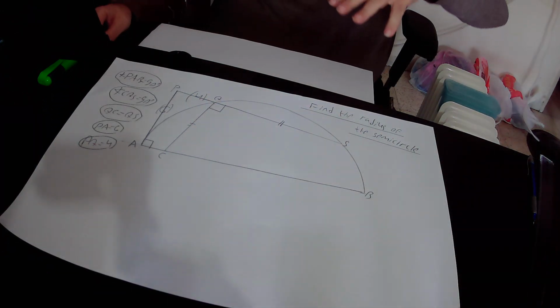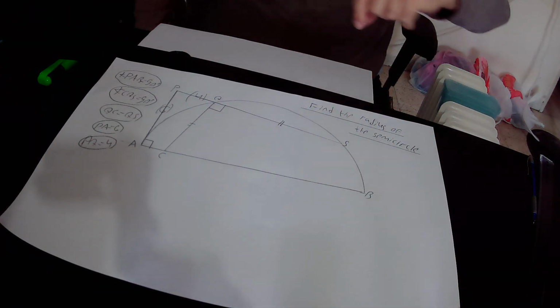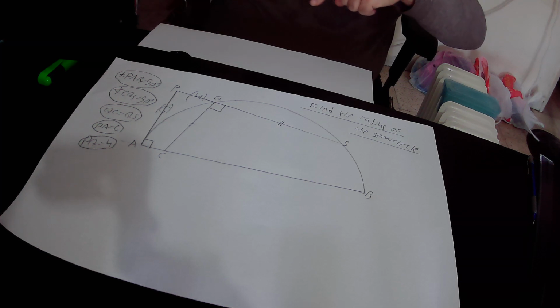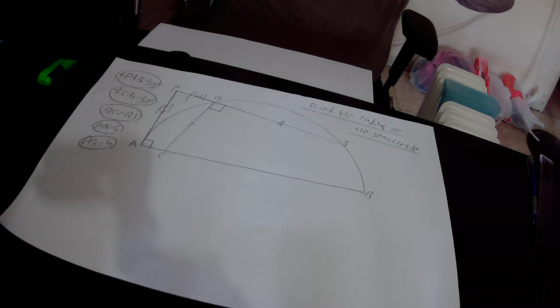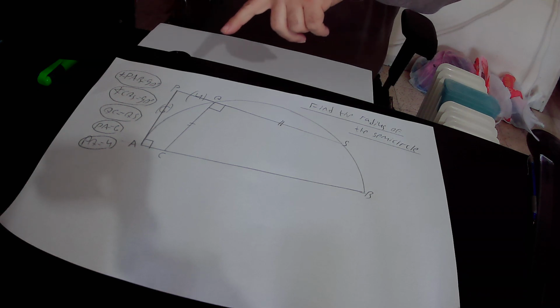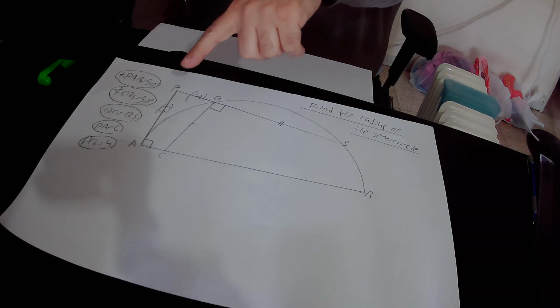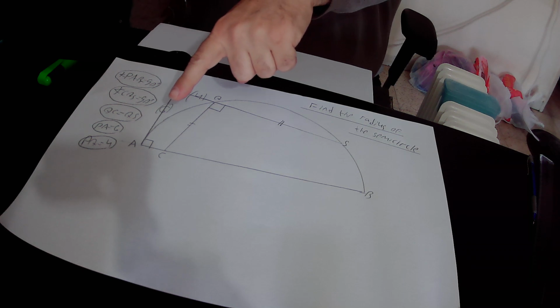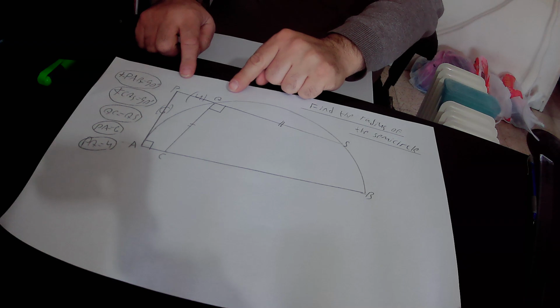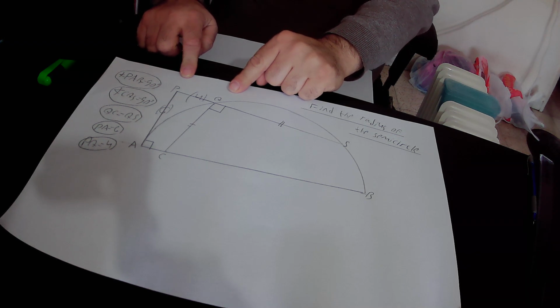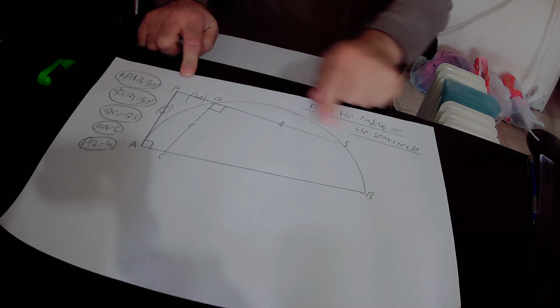Hello, in this lecture we'll find out the radius of the semicircle. In the drawing we have a semicircle. We know that line segment PA equals 6 units in length, and also line segment PA is tangent to this semicircle at point A. In addition, we know that line segment PQ equals 4 units in length, and PS